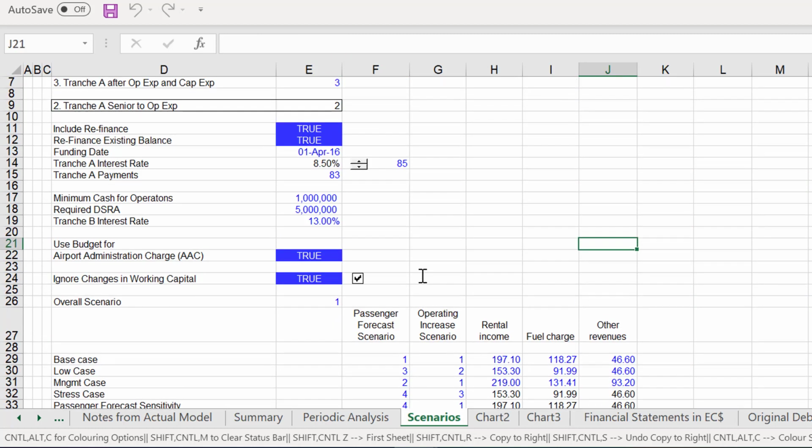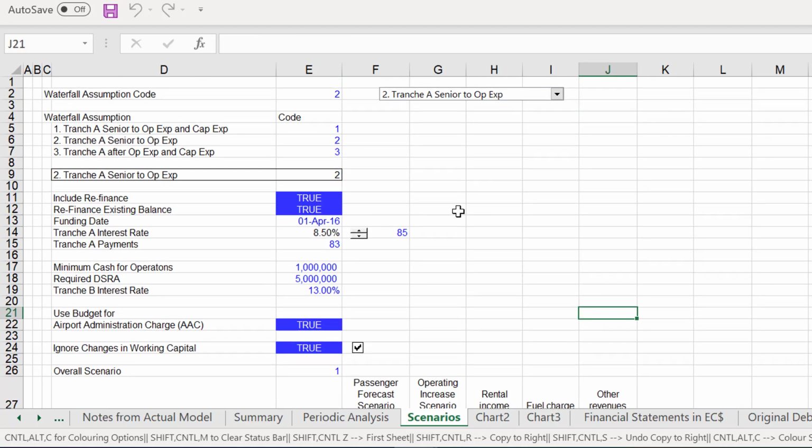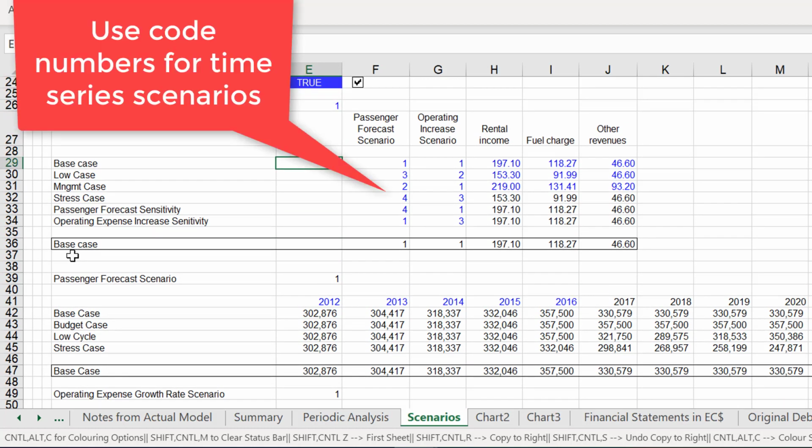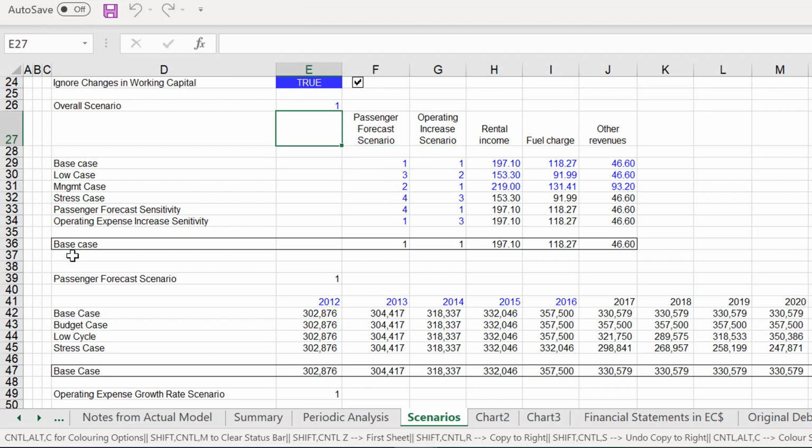Okay, so what I'm going to do right now is to add. Now, what I did here is I said, okay, for the passenger growth scenario, this could be 2 or 3 or 4, but this depends on our overall scenario master, so we put the different code numbers for growth in passengers, other rental income, fuel income, and everything else. So we've got a sensitivity for operating, we've got a sensitivity for forecast. We probably should put a CapEx sensitivity in.